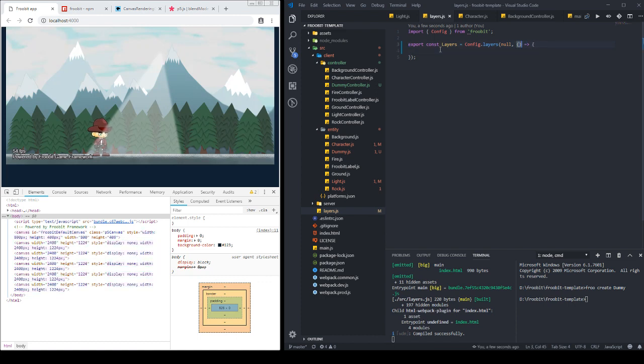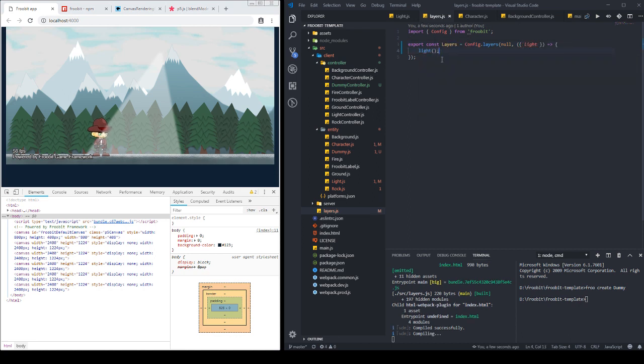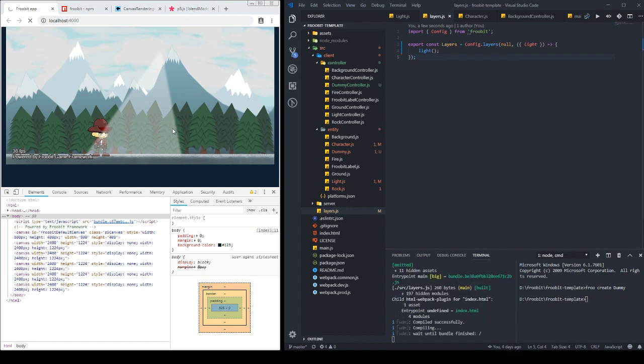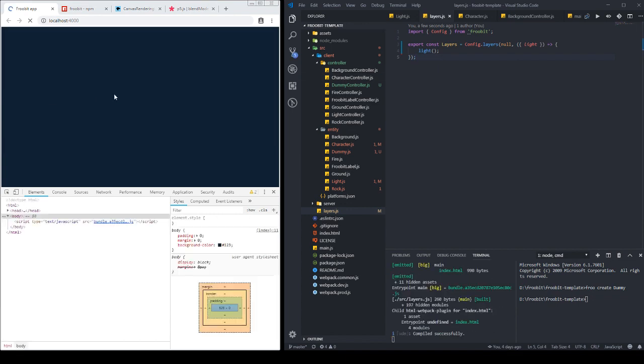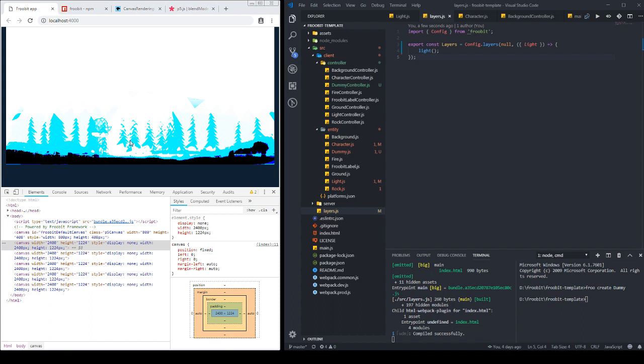It's the same as before. You can just call light, and you will see that